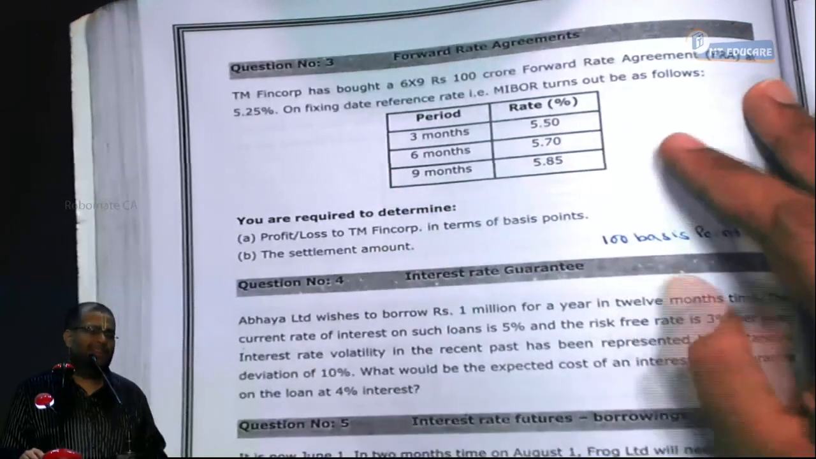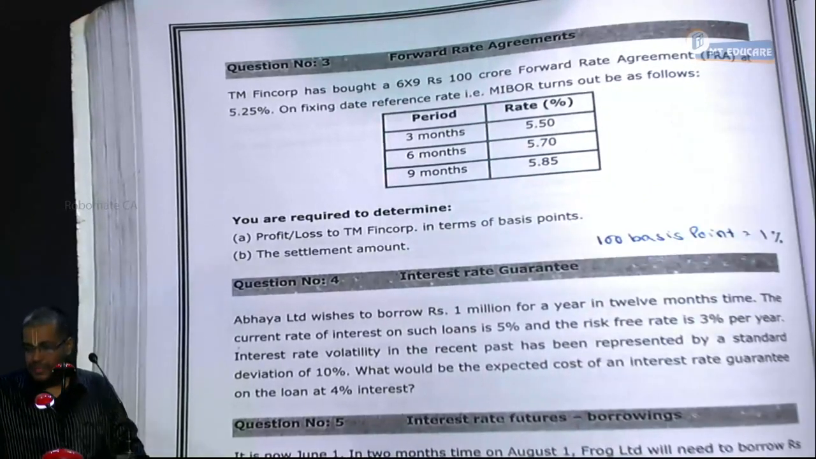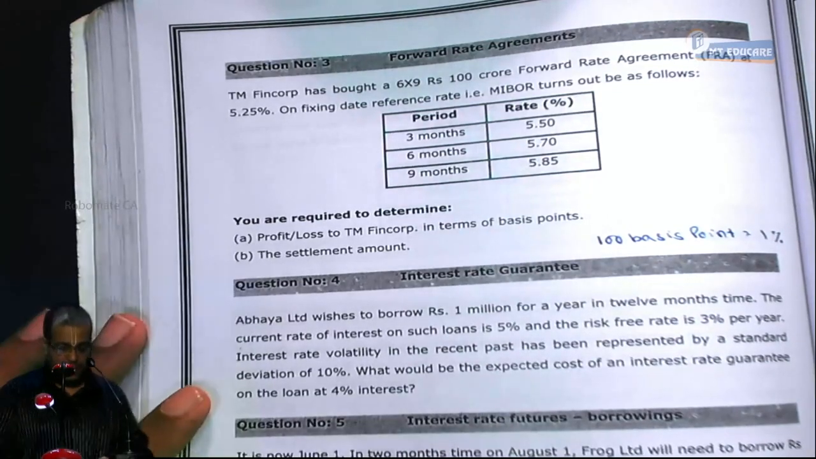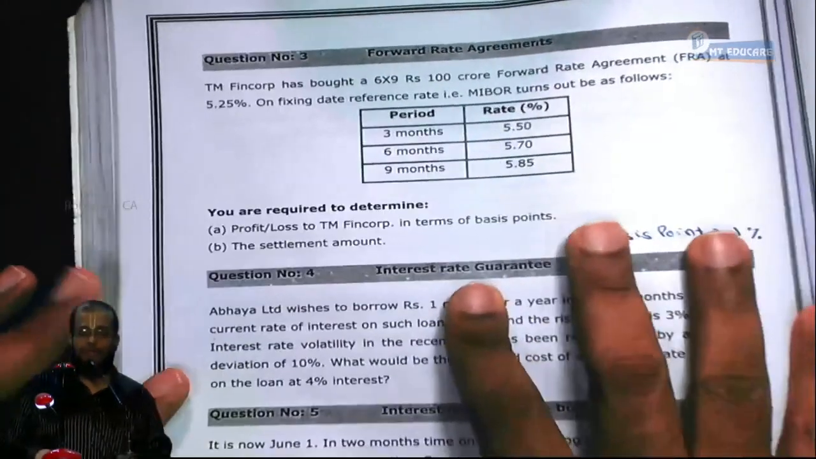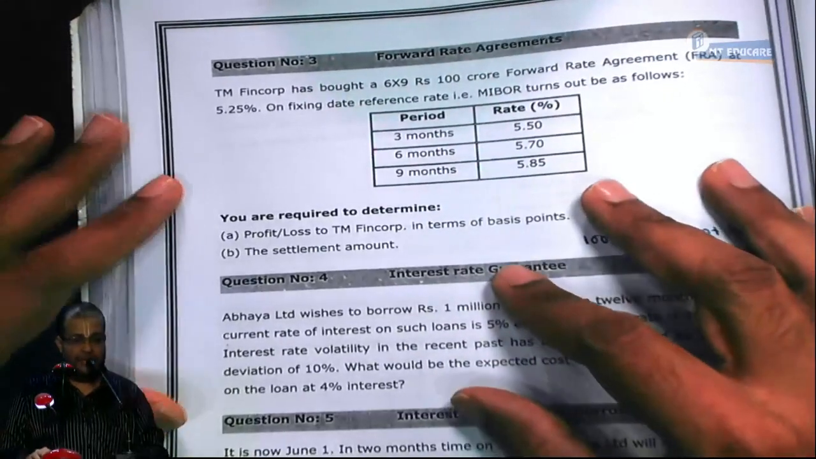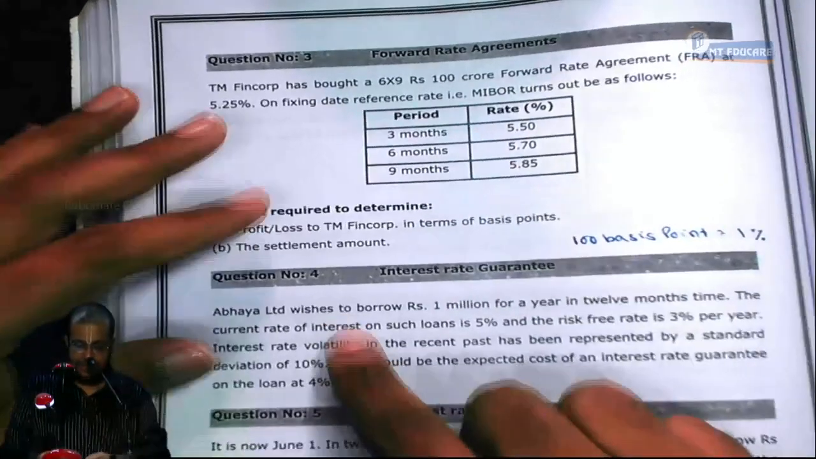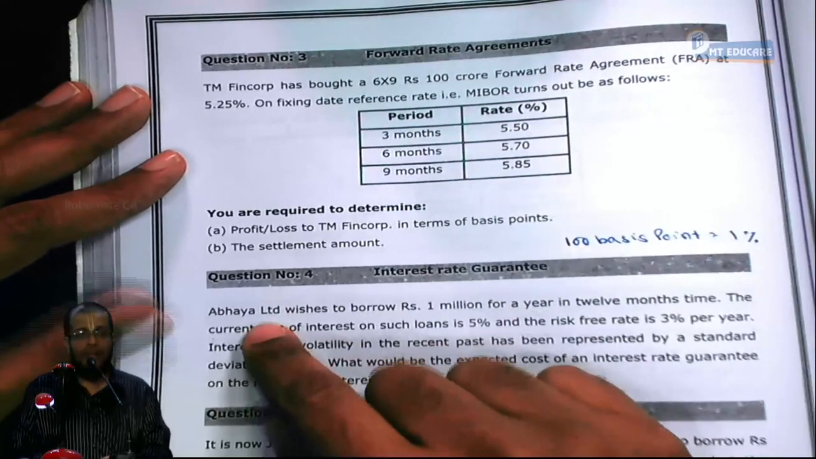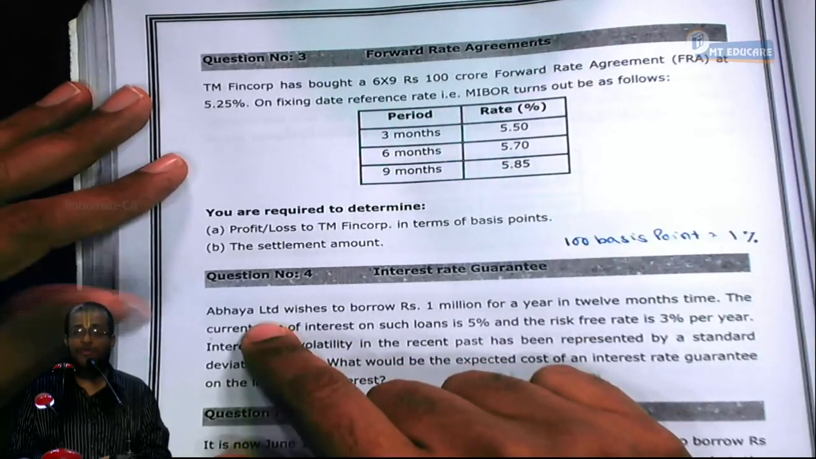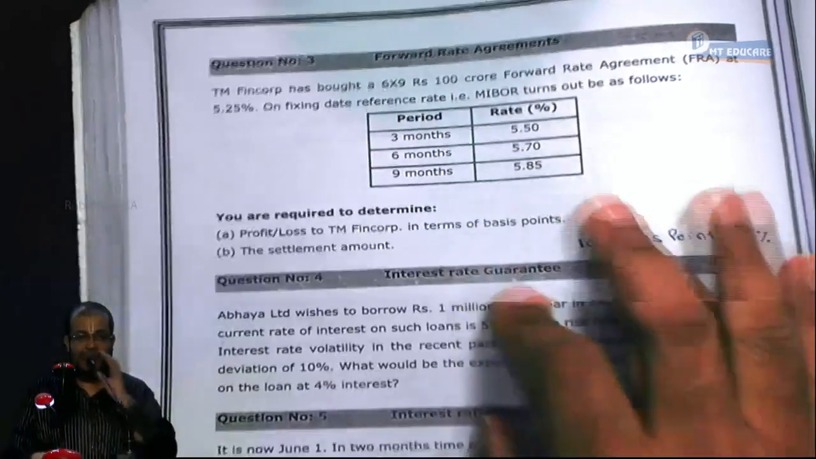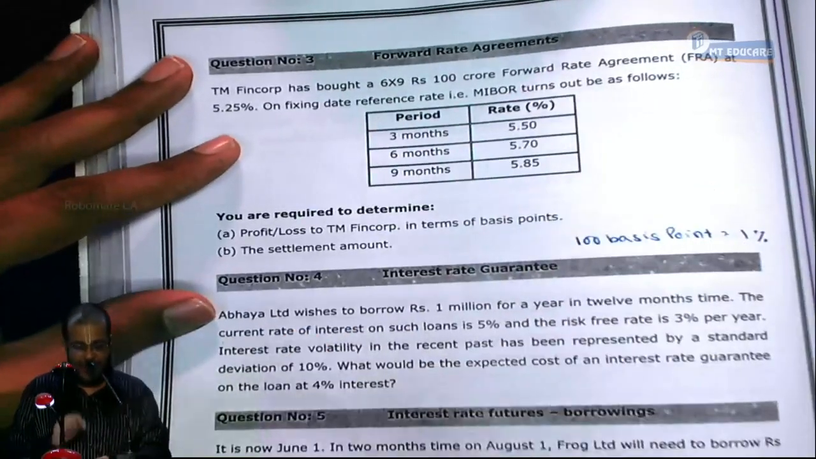Now, noise get near. Okay, shall I start? See, question number 4, page number 240, chapter name is Interest Rate Risk Management. Abhaya Limited. Abhaya means what? No fear. Why no fear? Because the option protects us. So another name is given. Abhaya Limited